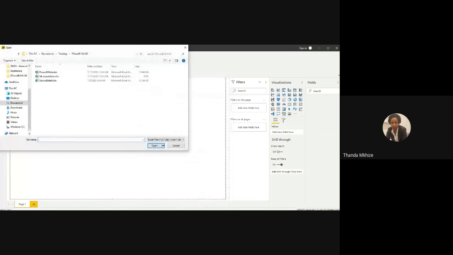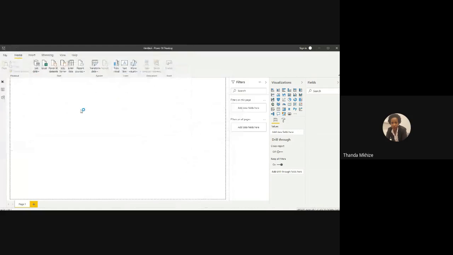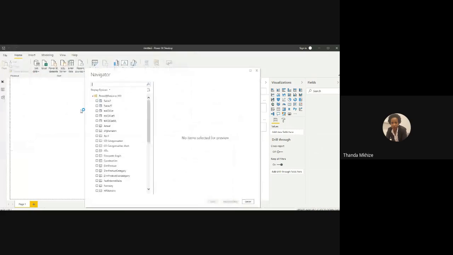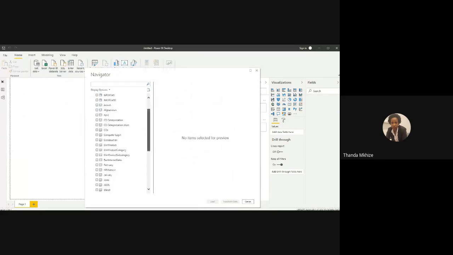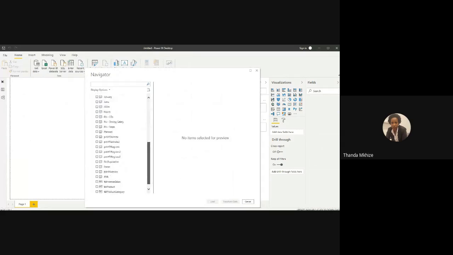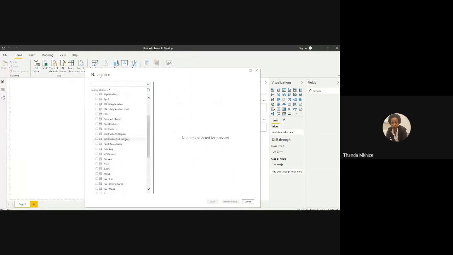And then you just point to where your Excel spreadsheet is. So you see here, it has different tabs on that spreadsheet. So these are the different data sets that are sitting on that spreadsheet, and you are able to just pull that in. So for instance, if I say I want to pull the fact